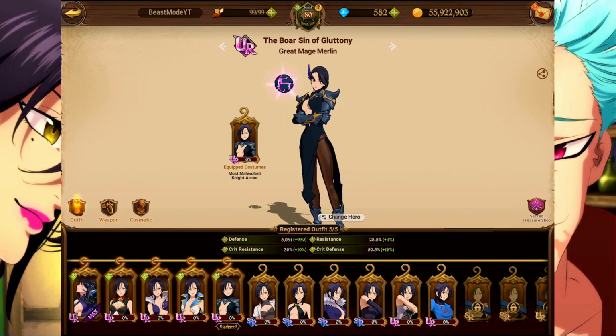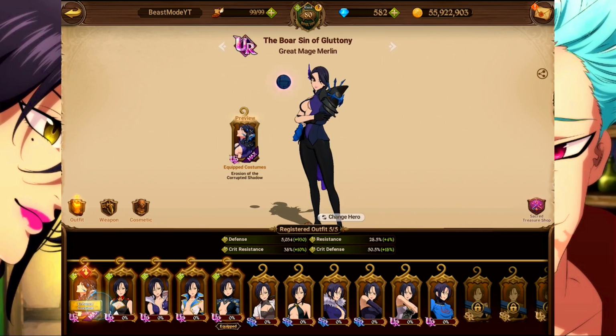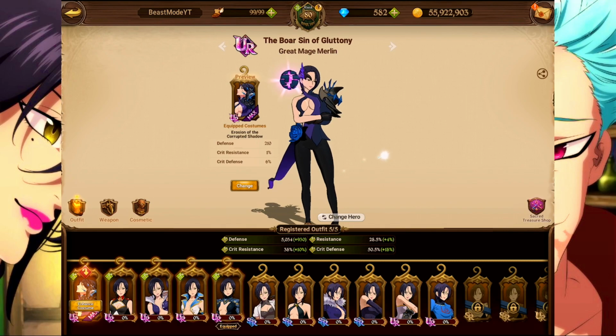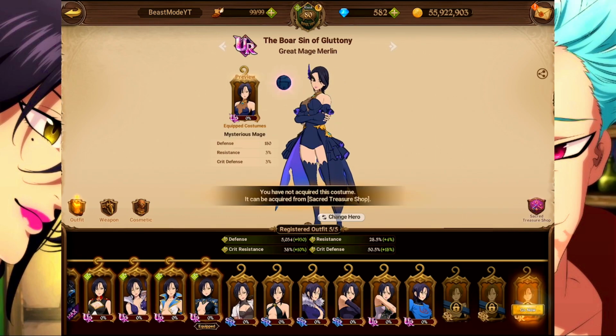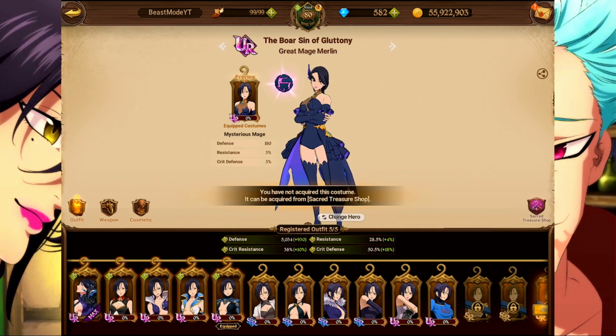But Merlin has a lot of cosmetics. Don't ask me why I upgraded this one. But anyways, I like how it looks. Anyways, the point is Merlin has a lot of cosmetics, and she's going to get more. There's some that I don't even have, like for example the winter suit. I don't have that, right? But the point is,